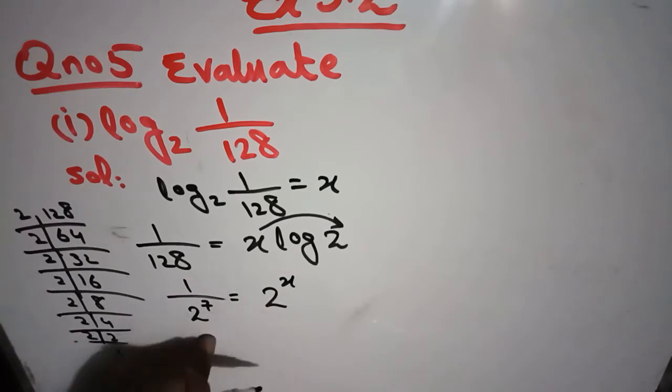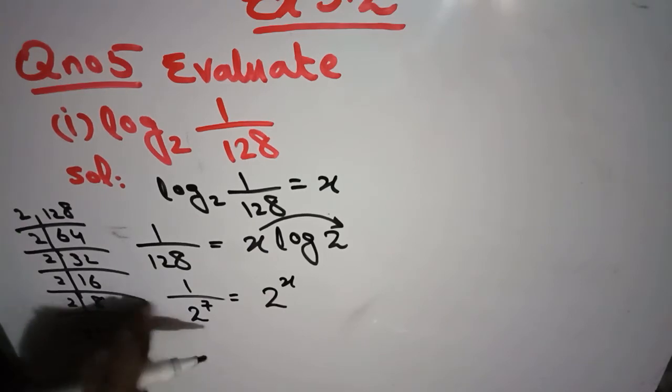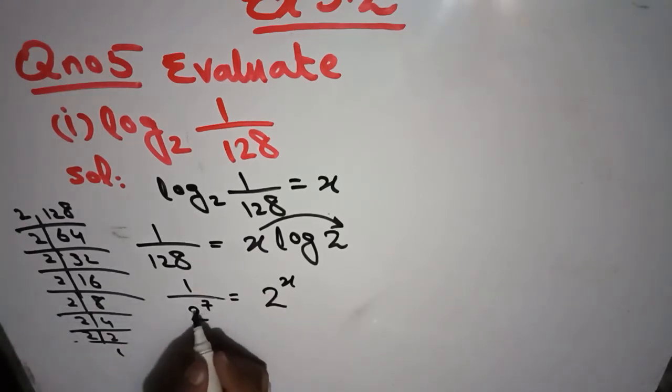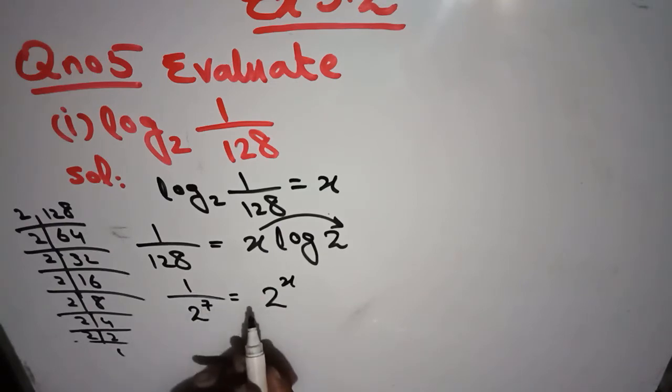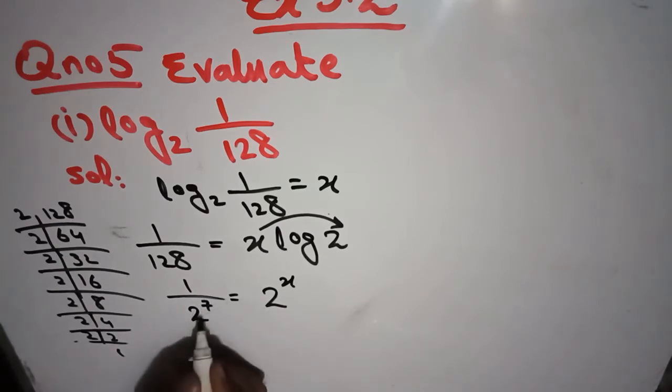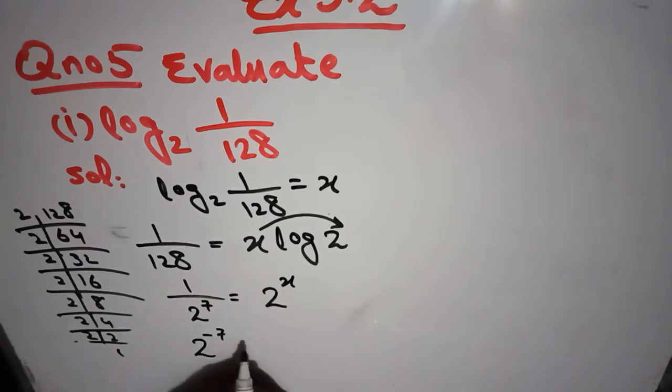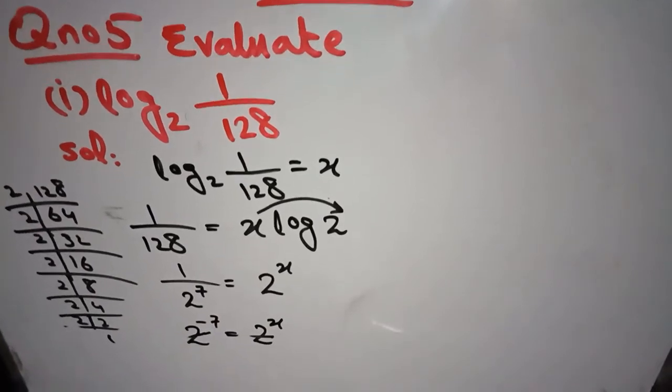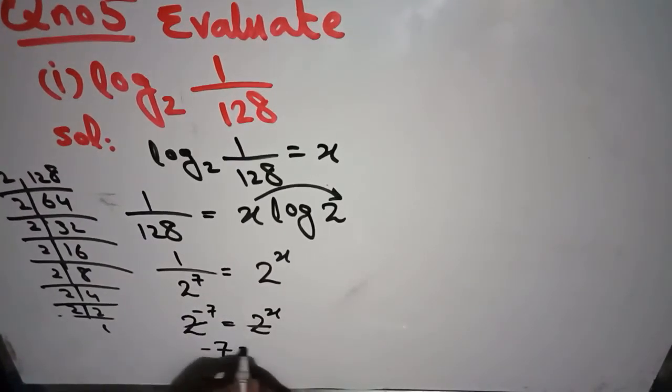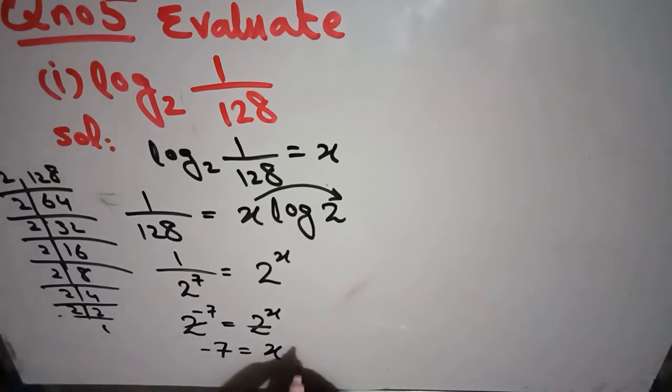So the bases are same that we have got here, but we have to just simplify it. How to make the power positive? To just compare the bases, I am just taking this power into the numerator, then this power will be negative, and this is 2 raised to power x. Now the bases are same. So if the bases are same, then by comparing it will cut off. So what will be your remaining answer? The powers, that will be your remaining answer. X is equal to -7. It will be the answer of this question.